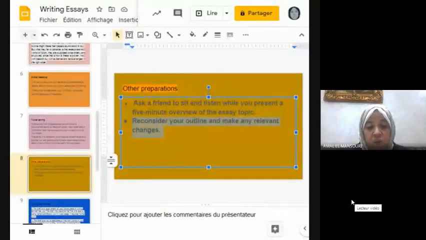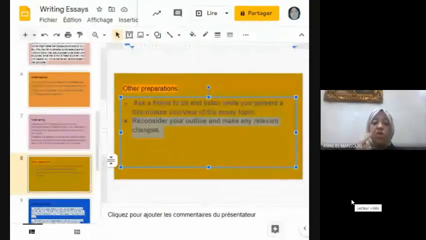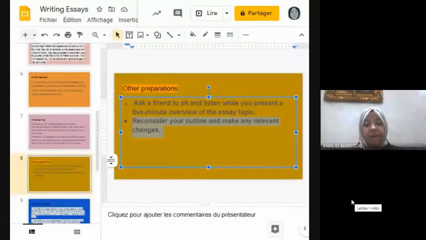So concerning the first idea, I have been stressing the fact that you have to consult or ask your friends for help. Don't trust yourself a lot. Sometimes you misunderstand the topic. Ask your friend whether he has the same understanding.